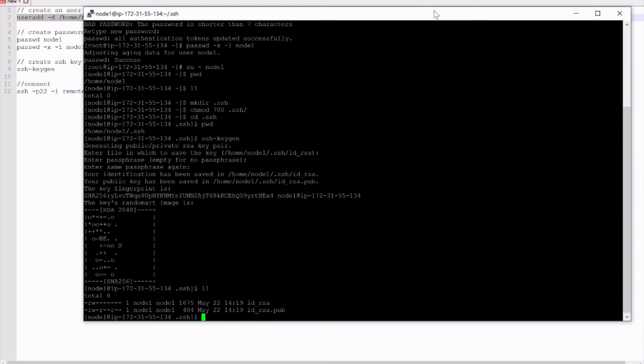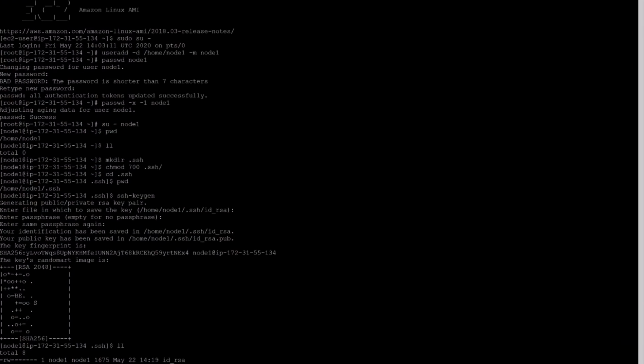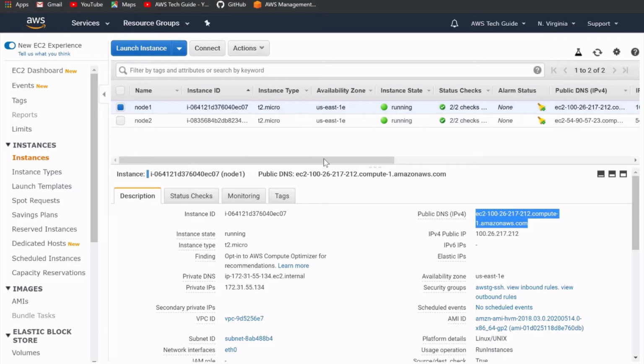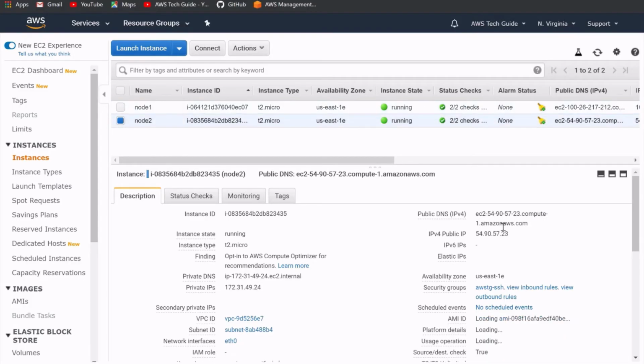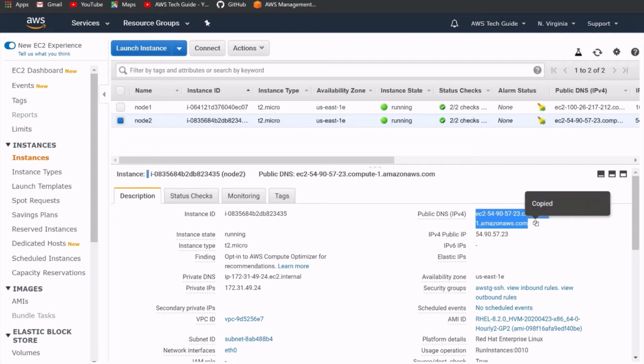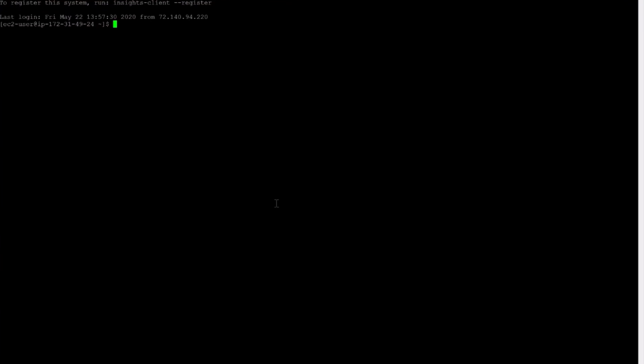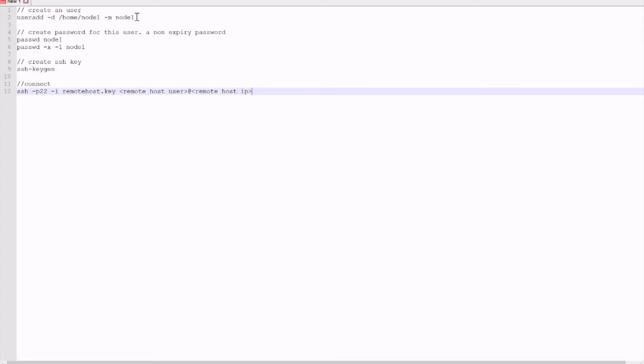Now let's go to our node 2. So let's go back to the EC2 instance, copy the IPv4 address, and we are connected here. The same way we are changing to the sudo user. Now we'll be creating one user as we did for our node 1.